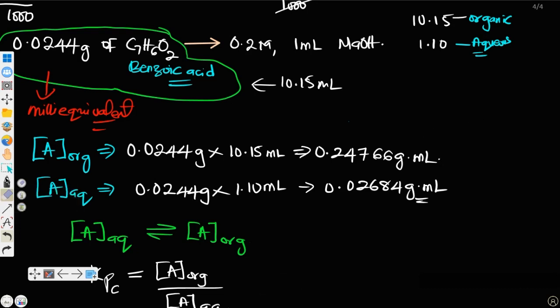Now, I made a statement here. I said the meaning of this statement means 0.0244 gram of benzoic acid reacts with 1 ml of sodium hydroxide. Are you getting it now? That means by standard, wherever you have 0.2 molar, 1 ml of sodium hydroxide, it is 0.0244 gram of benzoic acid that reacts. So therefore, we can say